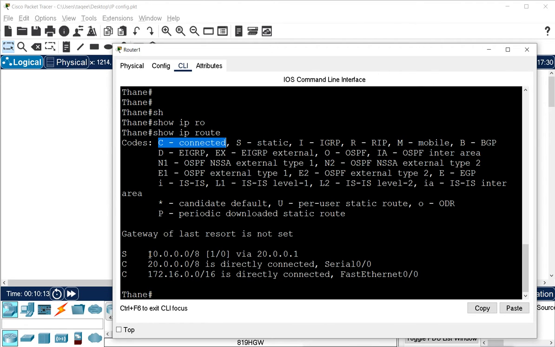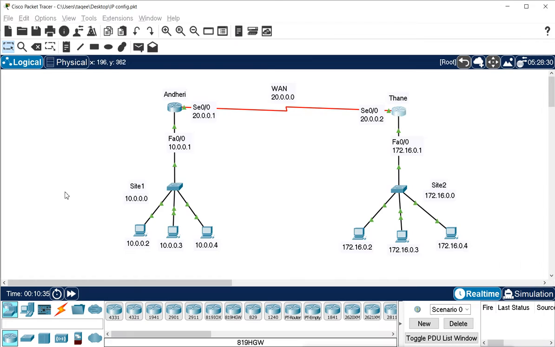Then this network we configured manually via 20.0.0.1, that means the router knows we can go to this network via 20.0.0.1. This is the first hop address, and this network we configured through S, and that is static. And that is what we have configured on this router also.